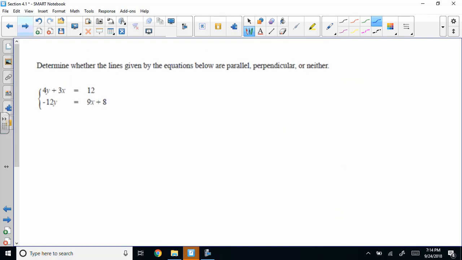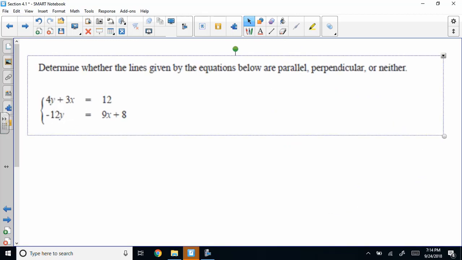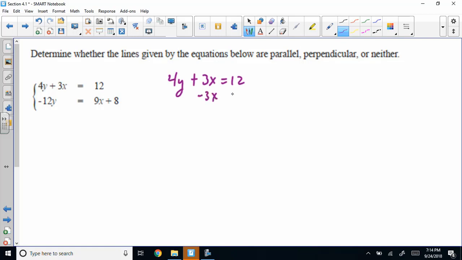All right. So determine whether these lines below are parallel, neither, or perpendicular. So first things first. Easiest thing is just to put all of them in what? What would we put all these lines in? Slope-intercept form. Thank you. So I got 4y plus 3x equals 12. So minus 3x